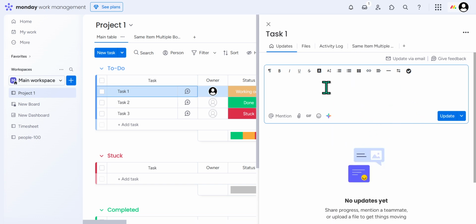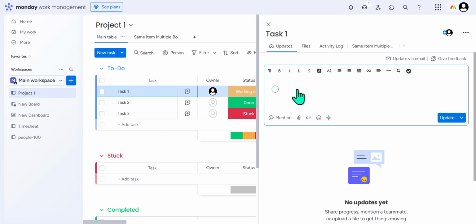You'll notice a large checkbox accompanied by a toolbar above it. This is where the magic begins. On the far right of this toolbar, there's a checkmark icon. By clicking on this icon, you initiate the creation of your checklist, and just like that, your checklist is ready